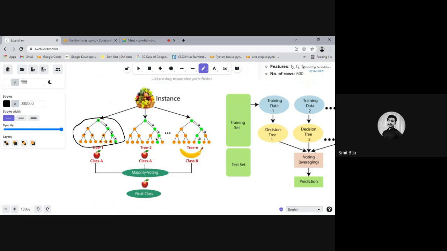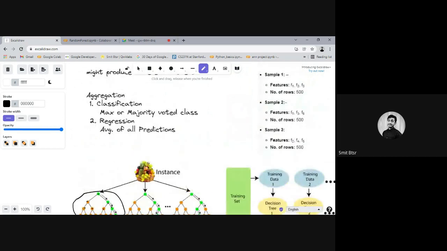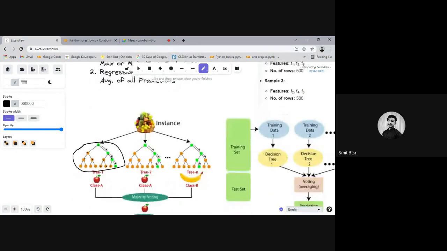Now that problem needed to be solved, right? So there is a very good intuition which I would like to share with you. Let's consider a scenario. I'm trying to create an intuition for random forest: why random forest is needed, or how this idea was born.